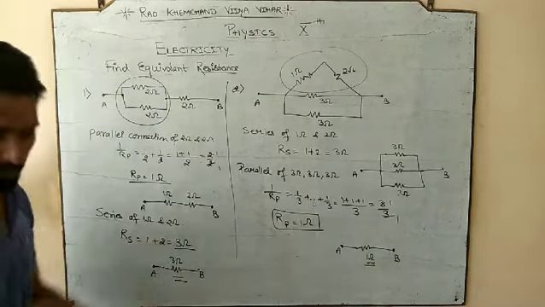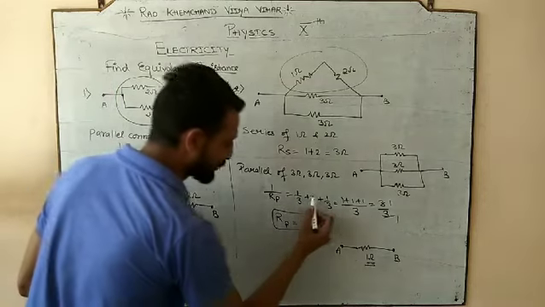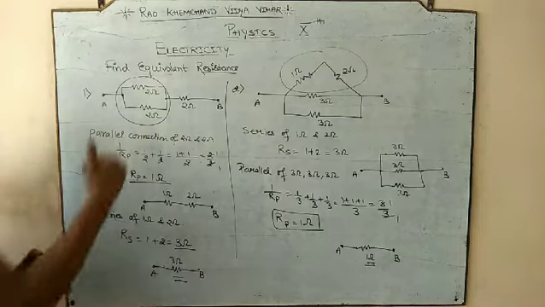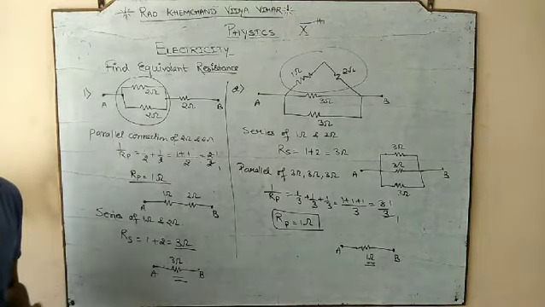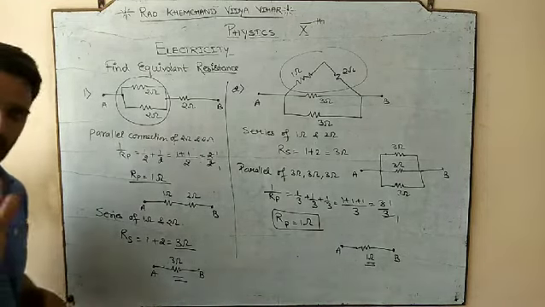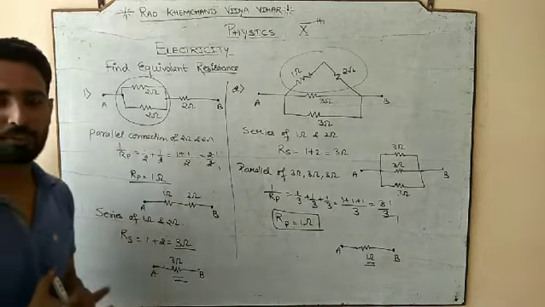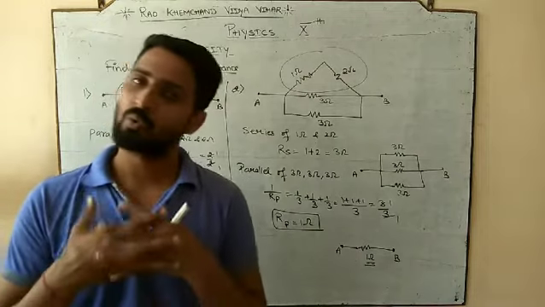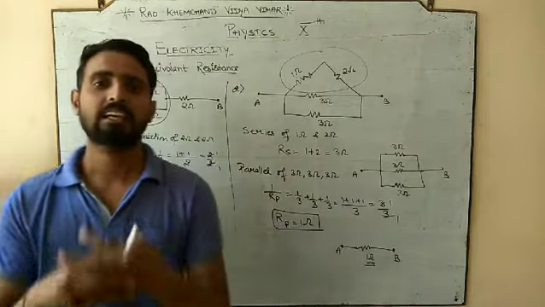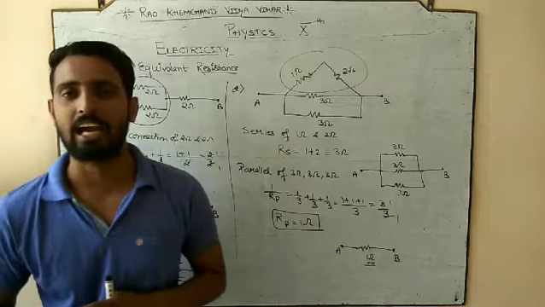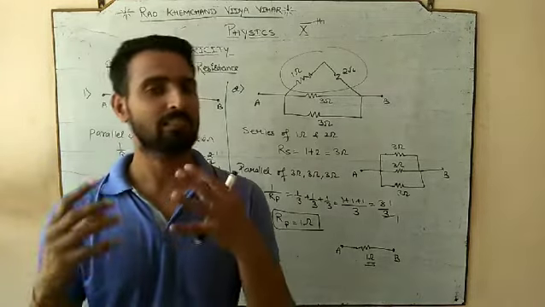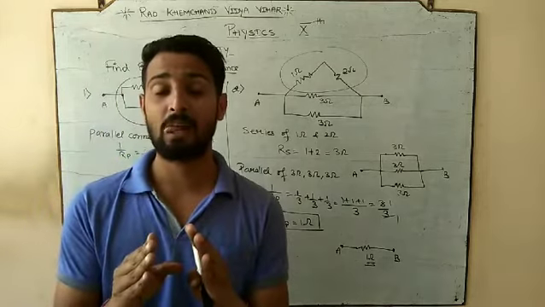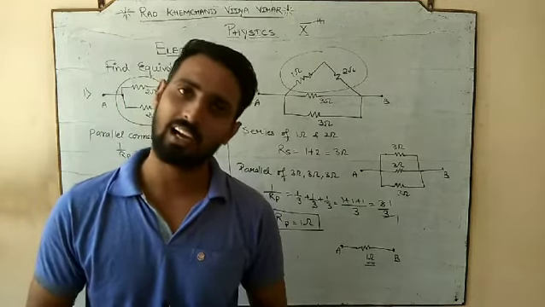So first of all, you can note down these two numericals that I solved, so that you have the procedure of how we are going to solve, and the rest you are going to do on your own. Okay? And after noting down these numericals, you will solve them, and we will meet in the next lecture with some more different types of numericals, some special types of numerical, along with some more calculation that the teacher may ask from the equivalent. But before that, you should be able to find the net resistance.